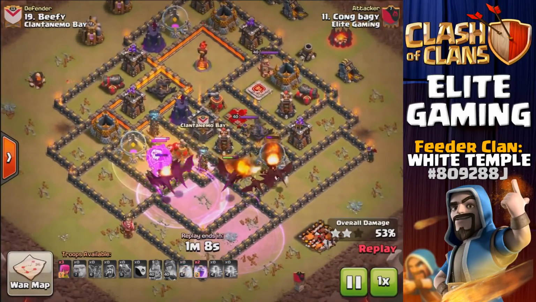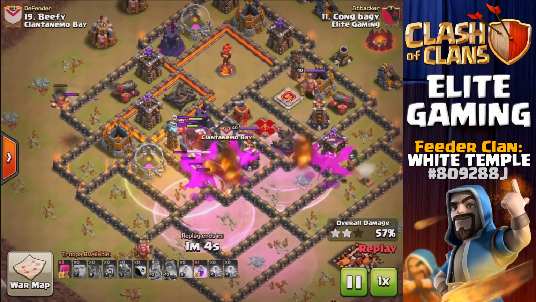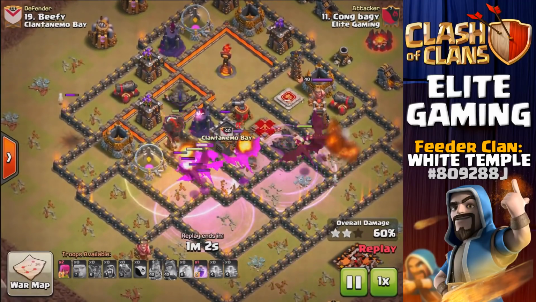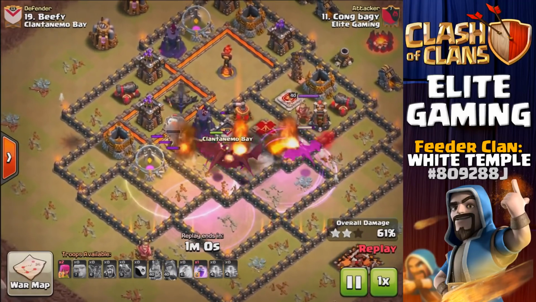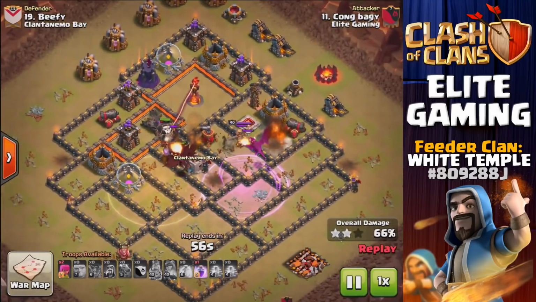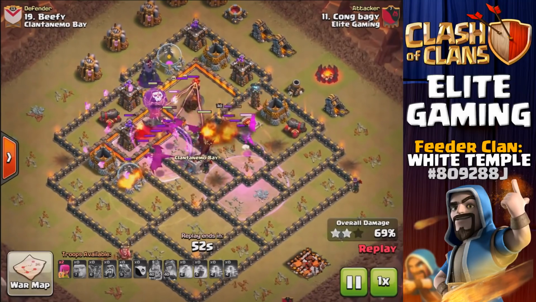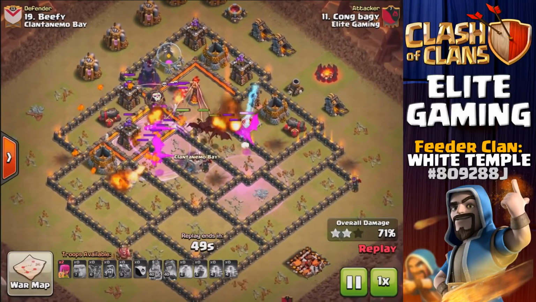Check out all of the defenses clumped in the middle here. Love the use of the Giant over on the left hand side to tank for the Expo and Archer Tower. Also have a heal spell in the middle here to keep the dragons alive. So much action going on. But the defenses are very clumped together, and it means that the dragons can get massive amounts of value, especially